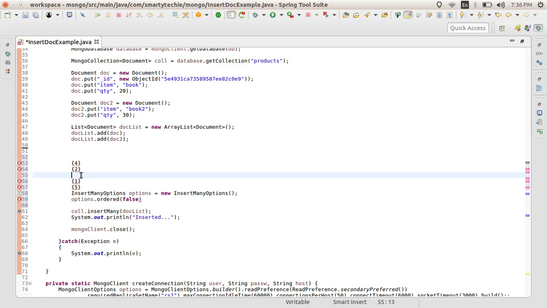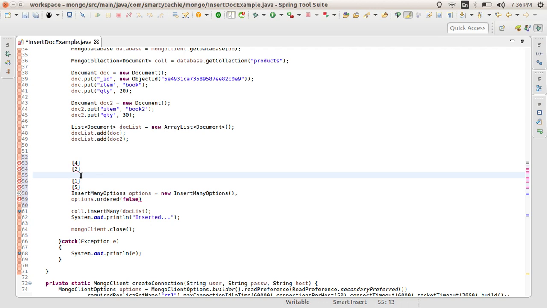So that is the case you can use to improve your performance while inserting. Also please ensure you don't want the order, and you don't want the MongoDB server to return back to you on the first exception. So it will help to improve the performance.